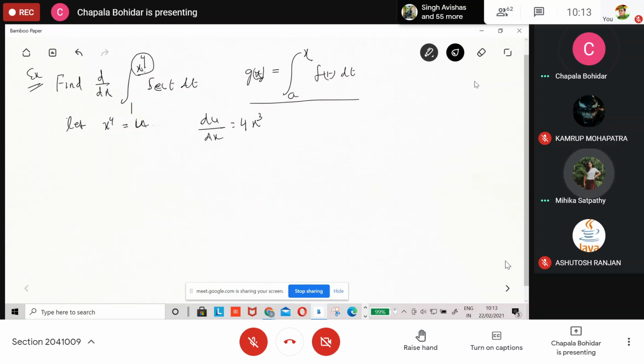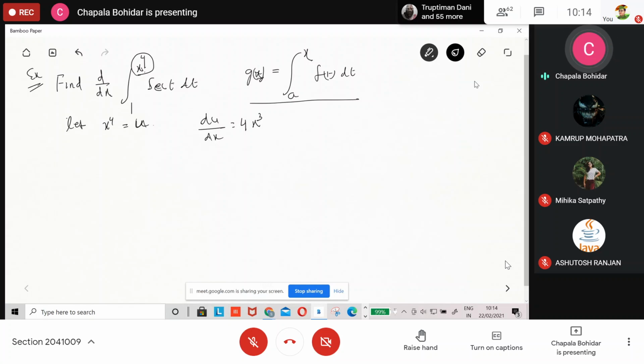See, your definition. What does the definition say? Very simple one, don't go to the complicated. You have written the definition: if f is continuous on [a, b], then function g is defined by g(x) is equal to the integral from a to x of f(t) dt. We are always writing the area of the curve as a to b, but here I am writing it as a to one variable, that is x, f(t) dt. Where does x lie?